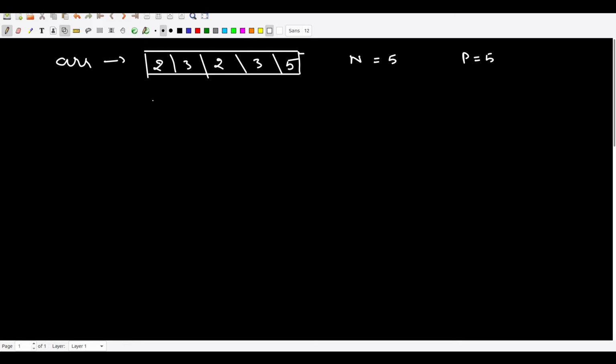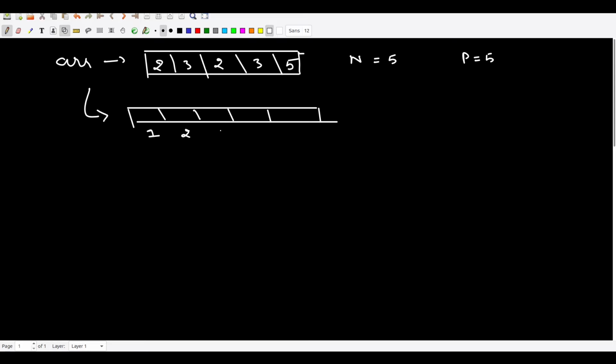So what we need to do is transform the same array such that it contains frequencies of all the elements 1, 2, 3, 4, and 5. This should contain the frequency of element 1, this should contain the frequency of element 2, similarly 3, 4, and 5. As you can see, 1 is not there in this array, so the frequency is 0. 2 has occurred twice, so the frequency will be 2. 3 has occurred twice, so the frequency is